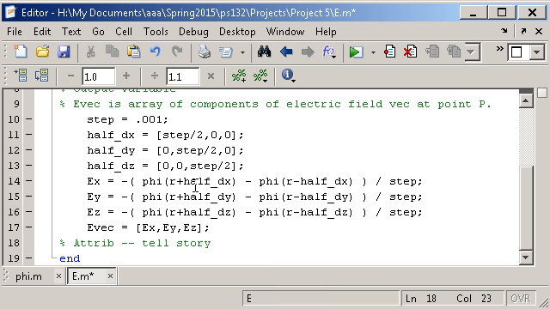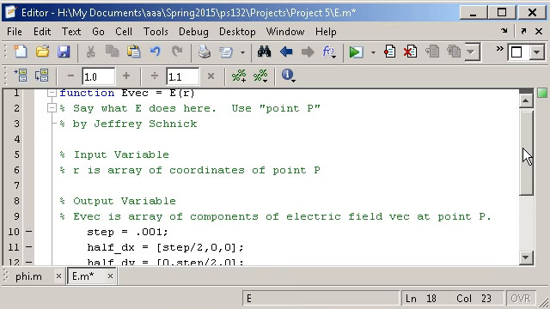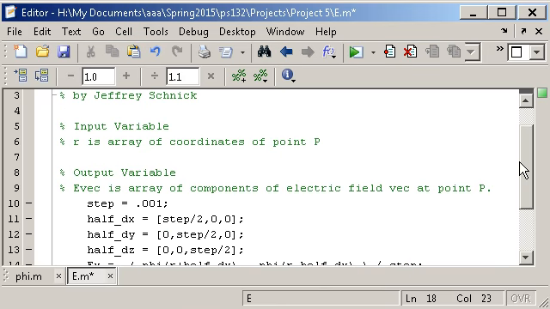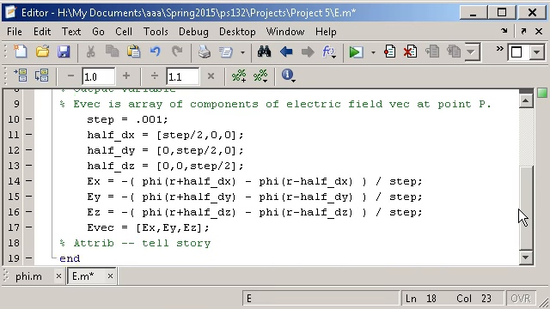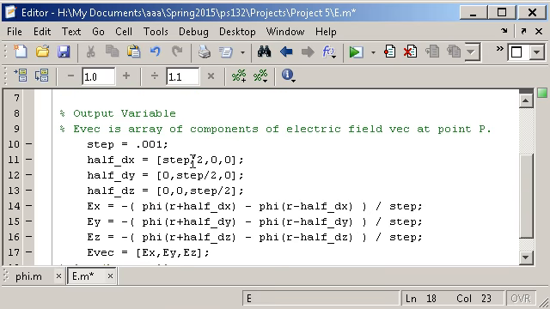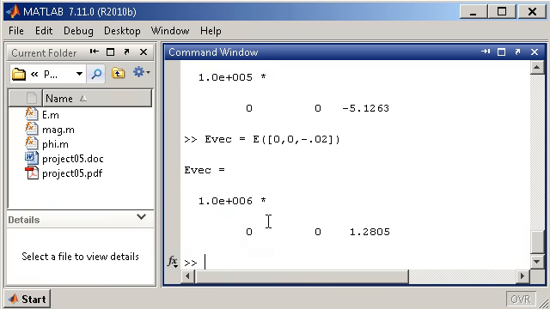Tell the story of how you came up with this code. Hopefully you did it all on your own, but I did most of it on my own, and I consulted the video for some ideas. There's so many different ways of doing this. One of them that I was talking to you guys about,